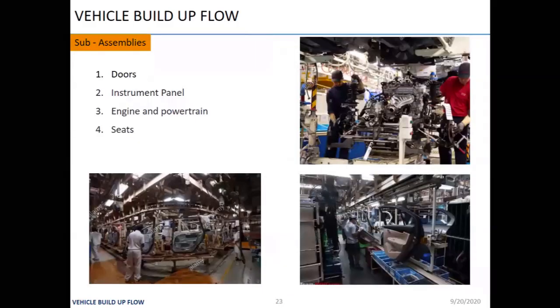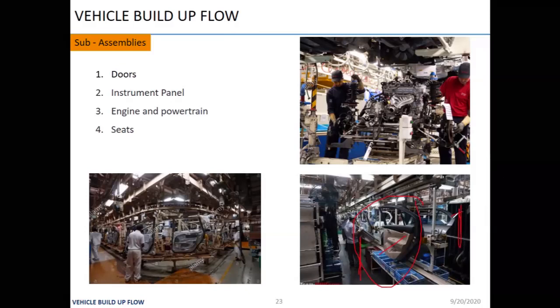You can see here these are sub-assemblies and main assemblies. This is the completed door wheel assembly, where LH and RH parts are done at the same time. This is my LH part, this is my RH part. It will be done by two persons at a single time, one person working one way, the other working the other way.